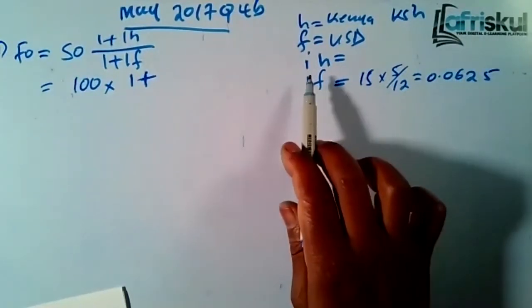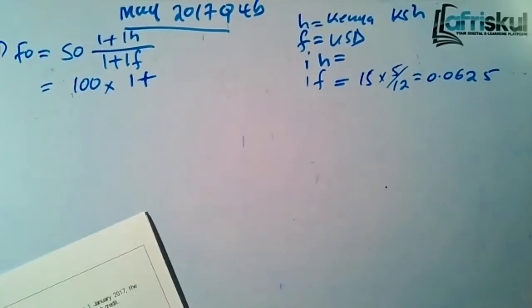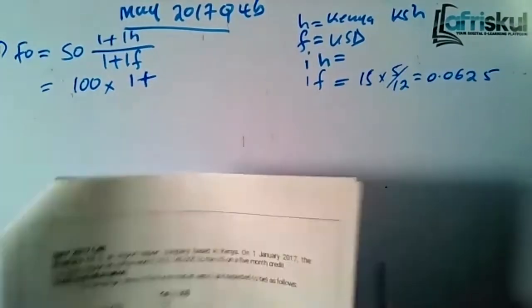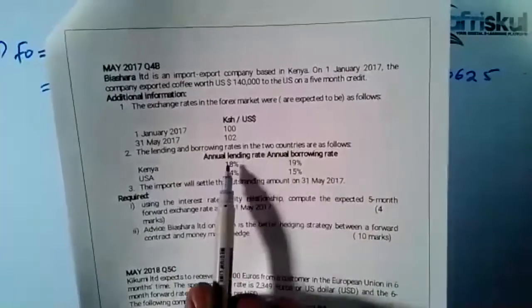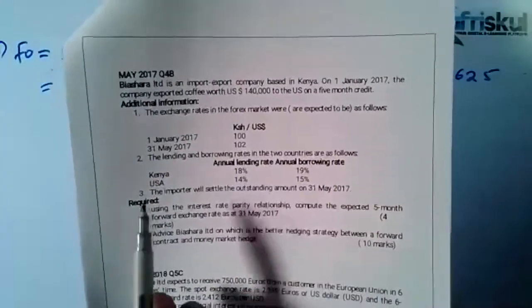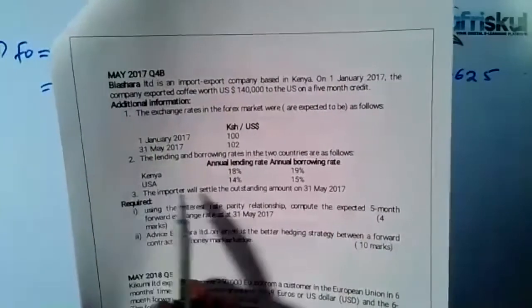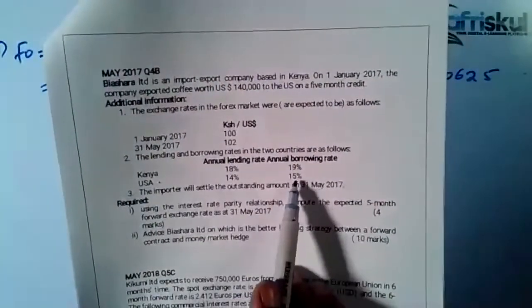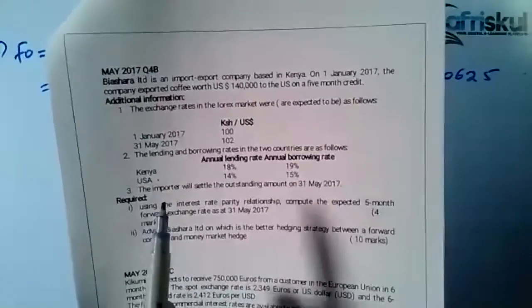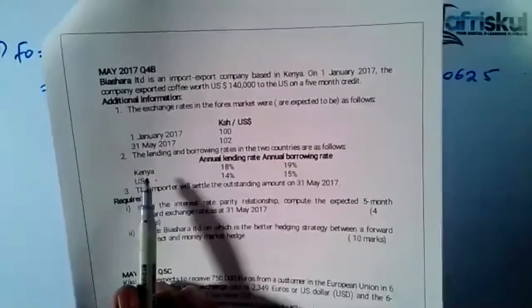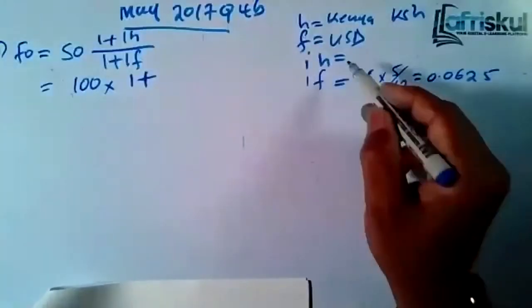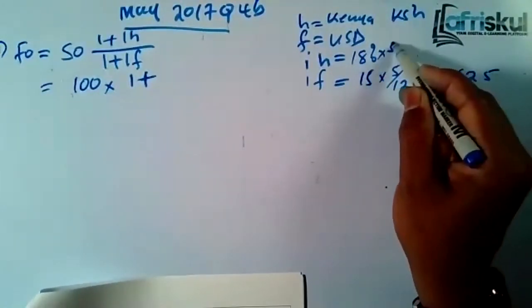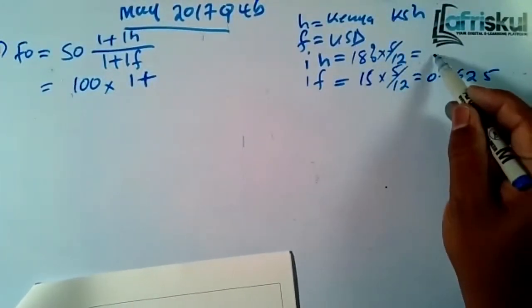In that case, you'll get 0.0625. Home currency: you borrow in the foreign currency, then you deposit that amount in the home currency. So for the interest rate in the home currency, we have Kenya here. You deposit, so in Kenya the annual lending rate is 18. You borrow in the foreign currency, USA, at 15. Then you convert that amount to home currency. You are not borrowing in Kenya. So here it's 18% times 5 over 12, and that will give